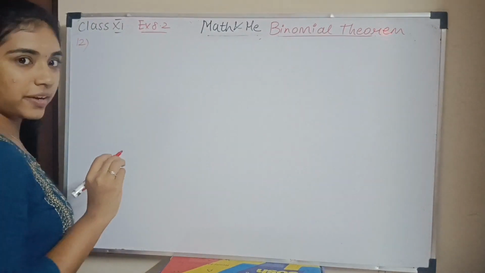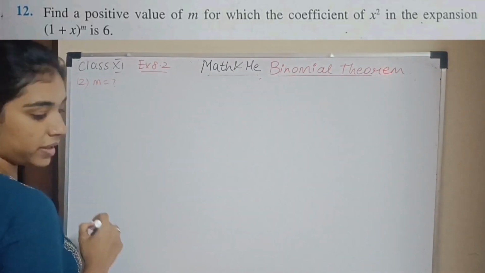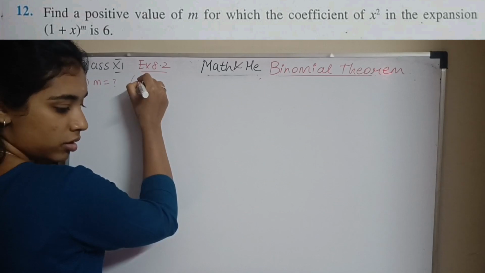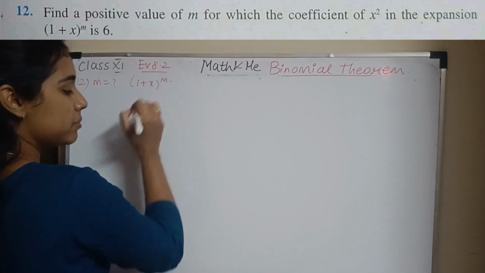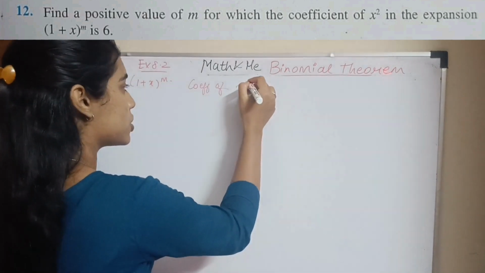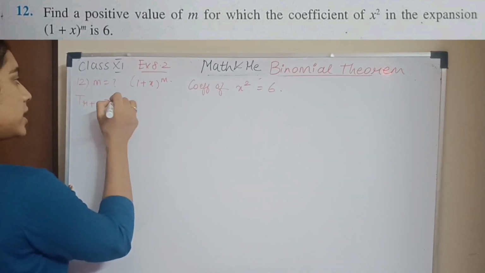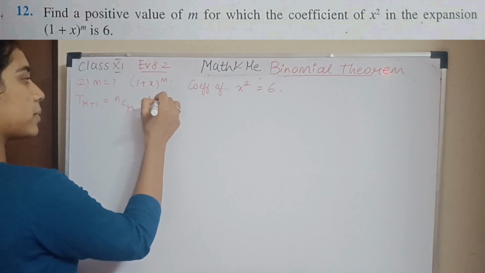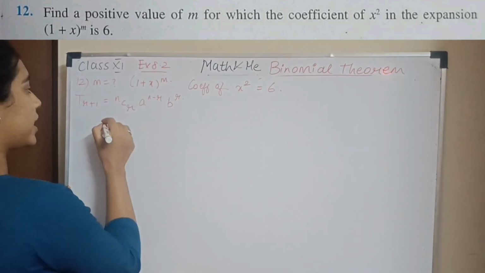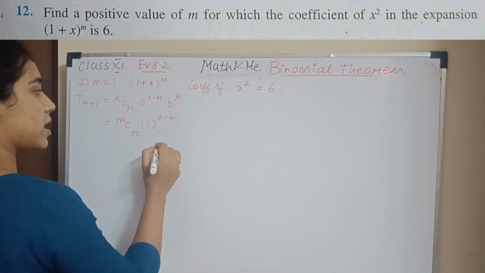Question number 12, last and final question of binomial theorem. Find a positive value of m. You need to find what m is, for which the coefficient of x square in the expansion of (1 plus x) to the power m is 6. So coefficient of x square is 6. Okay. So what is the general form? T r plus 1 equals nCr a to the power n minus r, b to the r. Always write this in your exam. So here my n is m, mCr, my a is 1. 1 to the power m minus r